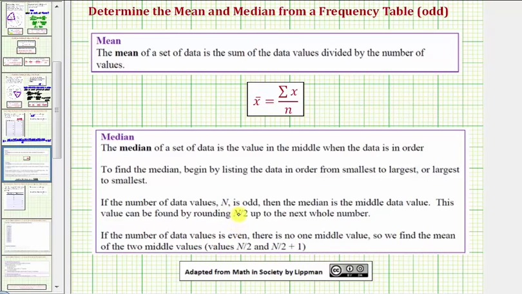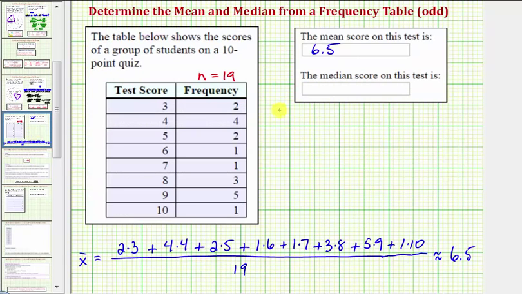If the number of data values happens to be even, which is not our case, there is no middle value, so we find the mean or average of the two middle values, which would be n divided by 2 and n divided by 2 plus 1. But again, in our case, we want to find n divided by 2 and round up to the next whole number. So n divided by 2 would be equal to 19 divided by 2, which equals 9.5. So rounding up to the next whole number would be 10, which means the median